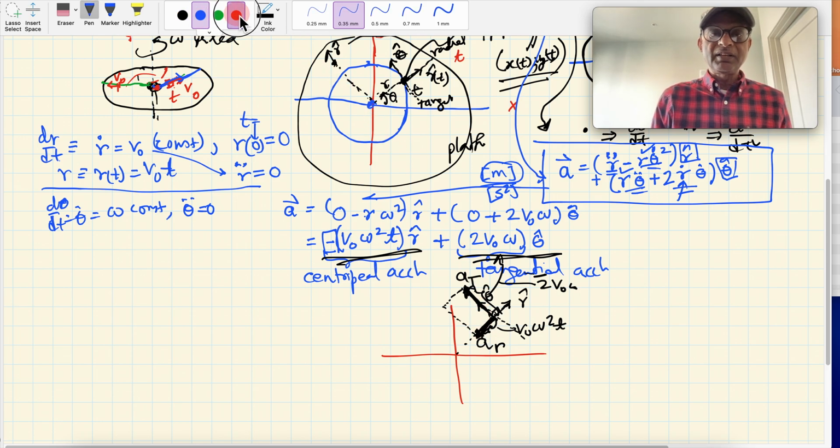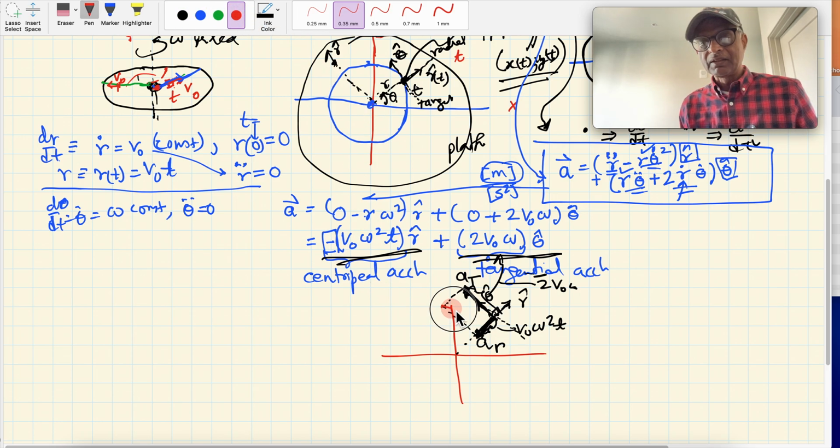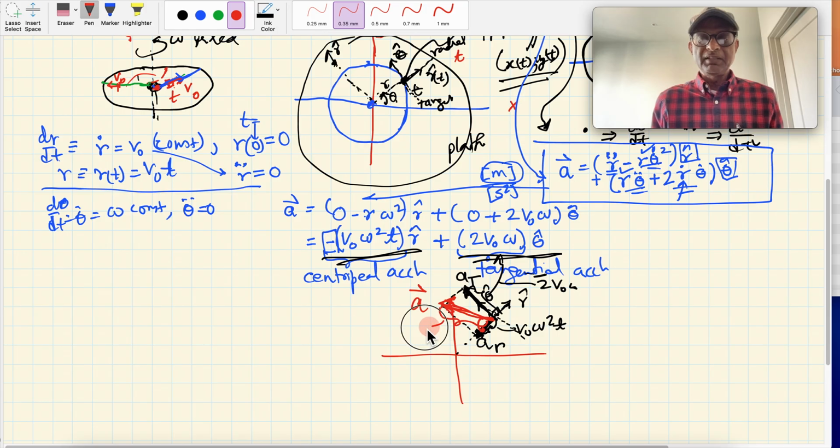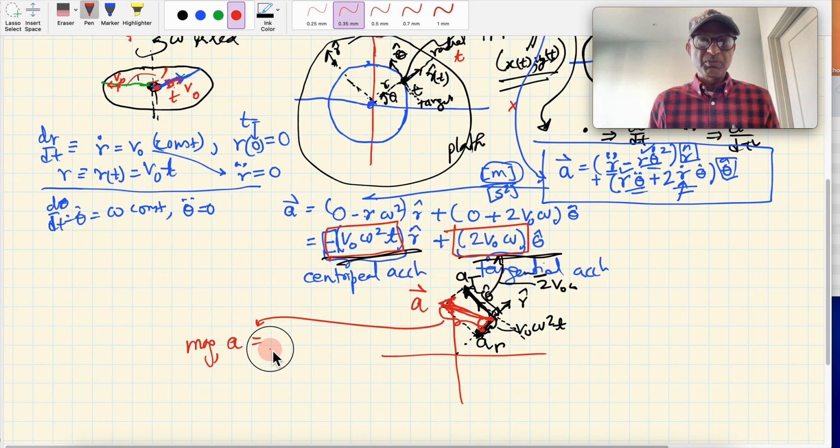So the actual acceleration is in that direction. Of course, the numbers will tell you which way it is, right? So we don't know the numbers, we just know symbolically. So that's the actual acceleration. Okay, how big is the acceleration? The magnitude of the acceleration will be, you have one component like this, and another component like this, and they're 90 degrees to each other. Then it's going to be square root of